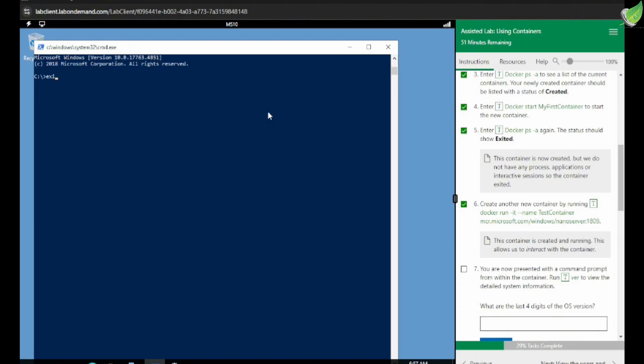All right, let me go back for a second. I'm sorry. Let me explain what this command is doing. So we're going to use Docker. This time we're creating a new container using the same image. We're using Docker to create this container called test container. The test container is going to use this image. But instead of just creating the container this time, we're going to run it and then log into the container. We're going to run it and then interact with the container, right? That's what this is here for. So when I hit enter, it's going to run this container